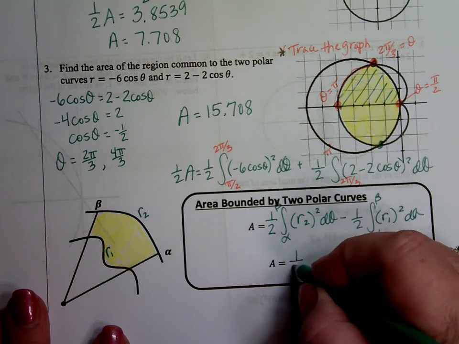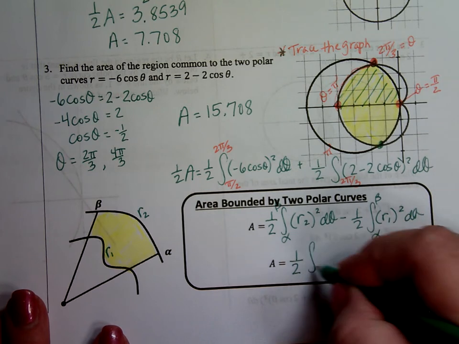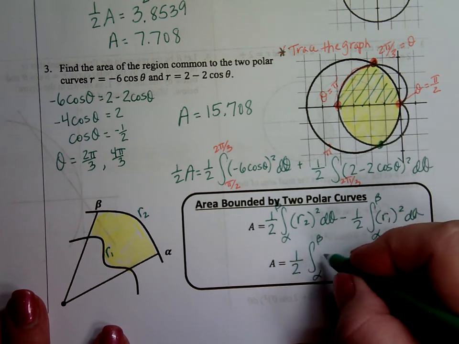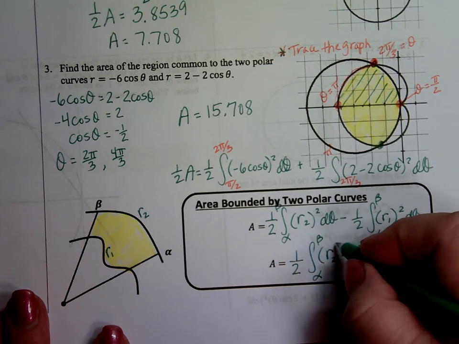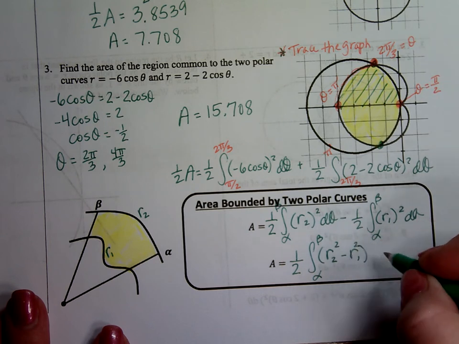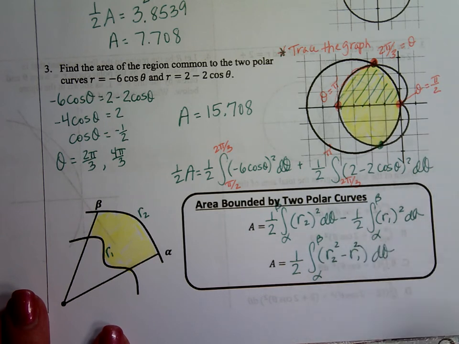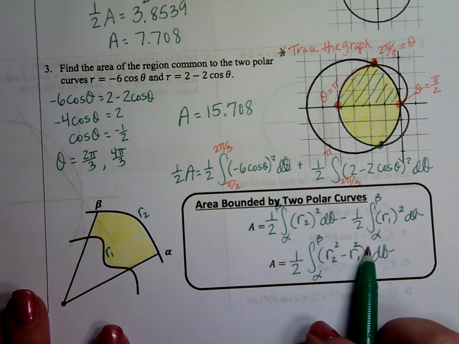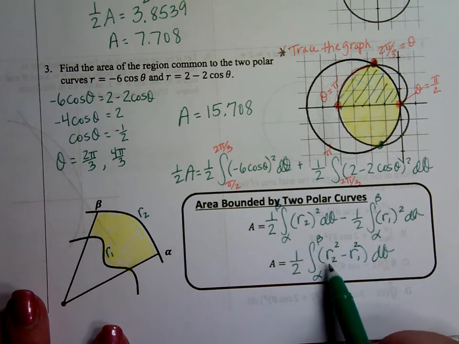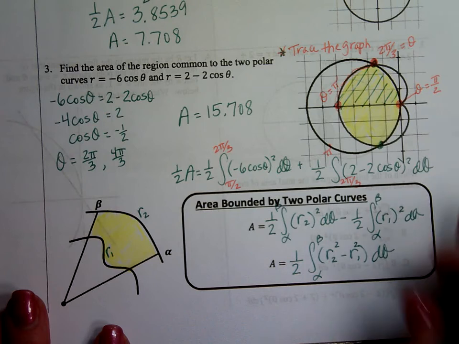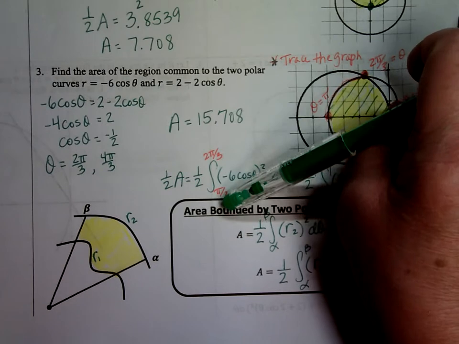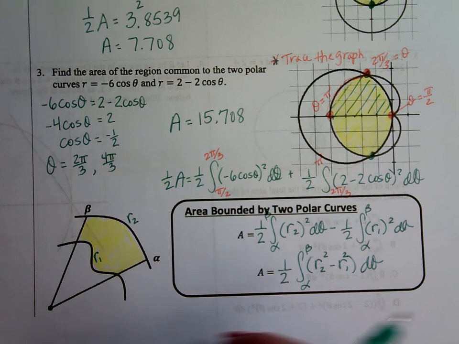So ultimately it's 1/2 the integral from alpha to beta of R2 squared minus R1 squared, and then it's d theta. So it's not R1 minus R2 quantity squared, which is what I started to write down. That's really bad because that's what most people get mistaken with this. But it's the outer radius squared minus the inner radius squared. Capital R squared minus little r squared-ish. But now we're talking polars. Okay, so there's a formula that we're going to look at, and we're going to try number 4,